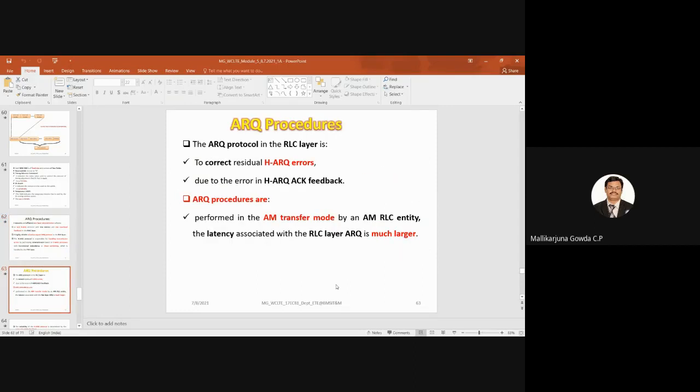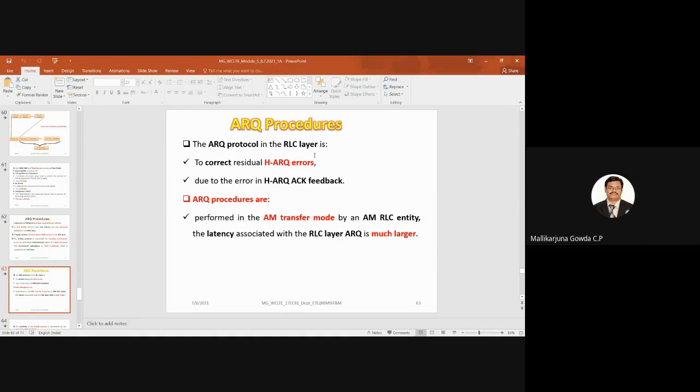So what is the ARQ procedure? The ARQ protocol in the RLC layer is to correct the residual hybrid ARQ errors, which are due to errors in the hybrid ARQ acknowledgement feedback. That is the purpose of the ARQ protocol in the RLC layer.